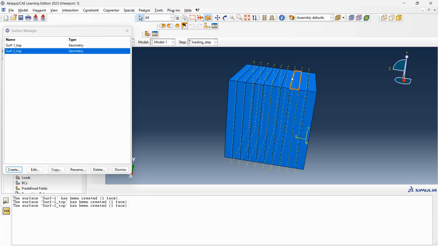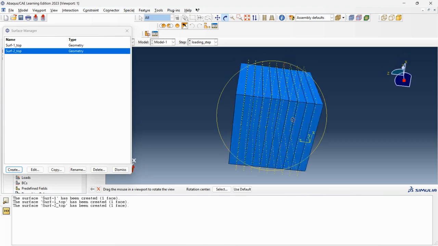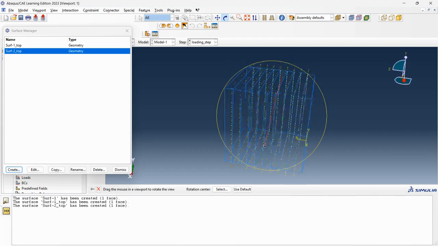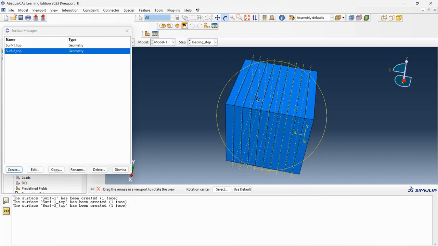Not top, and then continue. I'm going to click on here and then done. So I'm going to create another one. So I will do this. I will create another one assigned to here, here till finish, and I will create some other ones in order